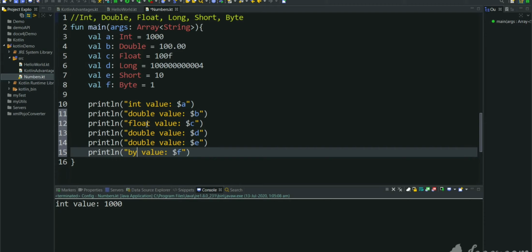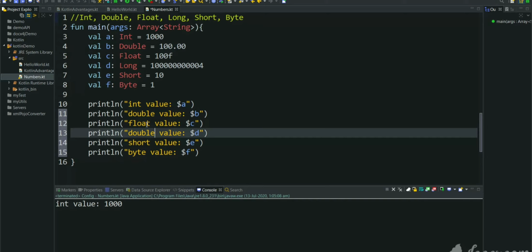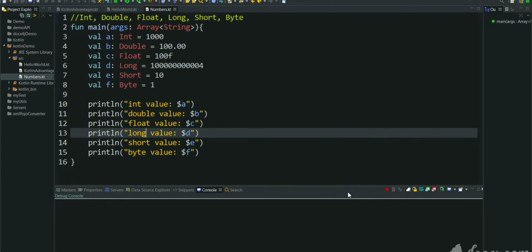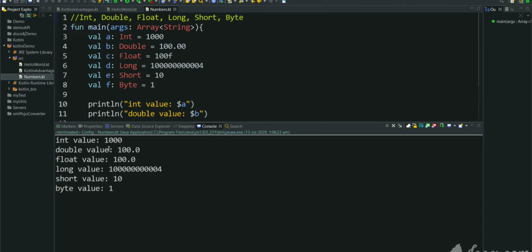This is byte value. This is short value, and this is long value. Let's execute this program and see all the number outputs. As you can see, int value 1000, double value 100, float value 100, long value, short value 10, byte value 1.